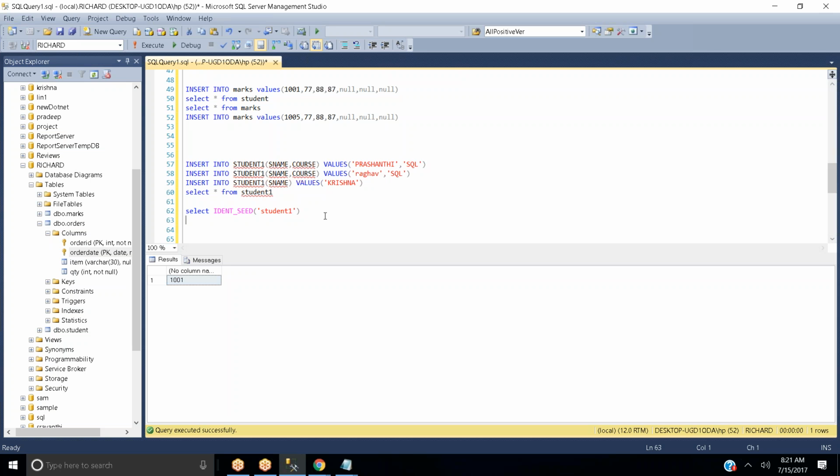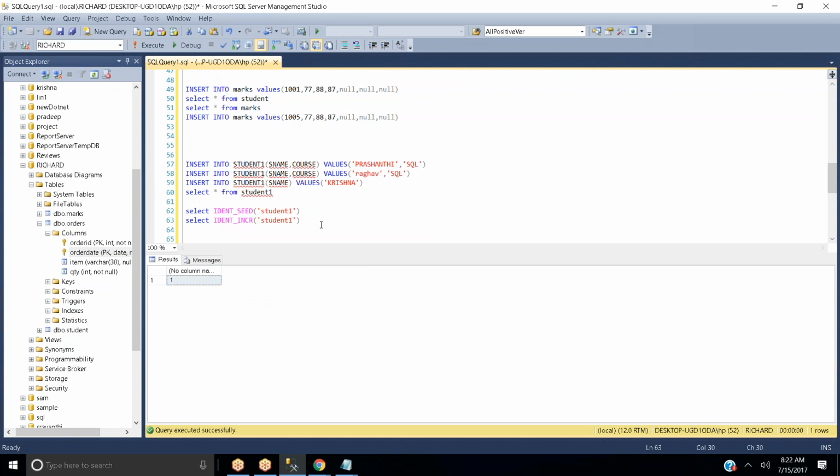Now, in a similar way, if you want to identify by how much value you are incrementing, at that time you will use IDENT_INCREMENT. With Student1, by how much are you incrementing? 1. Yes, you will be getting 1.